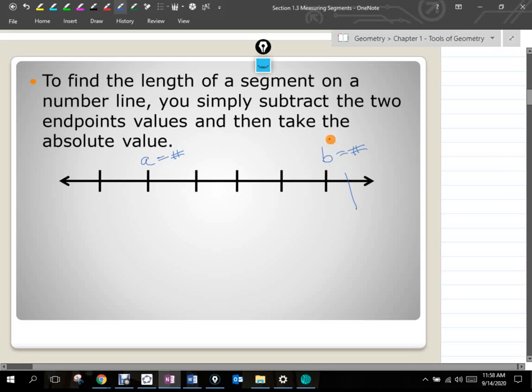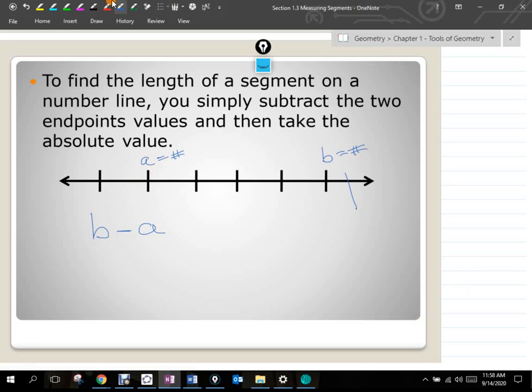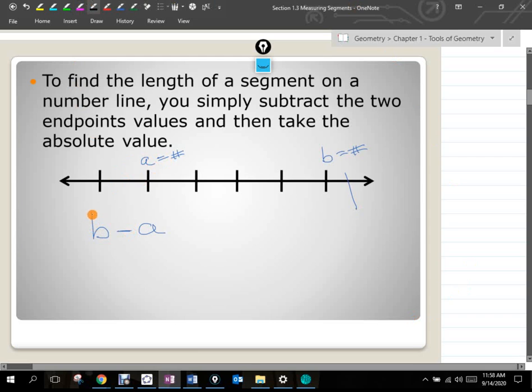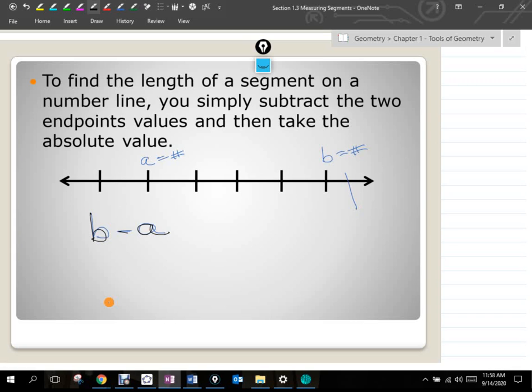That's what these values are called for these points. So B is called a coordinate. We take that value and we subtract from it the value of this one. Now, in most texts you're going to see, they're going to write it as B minus A. They'll put B as the furthest point to the right and A the furthest point to the left. And they're going to go B minus A because a point to the right on a number line is